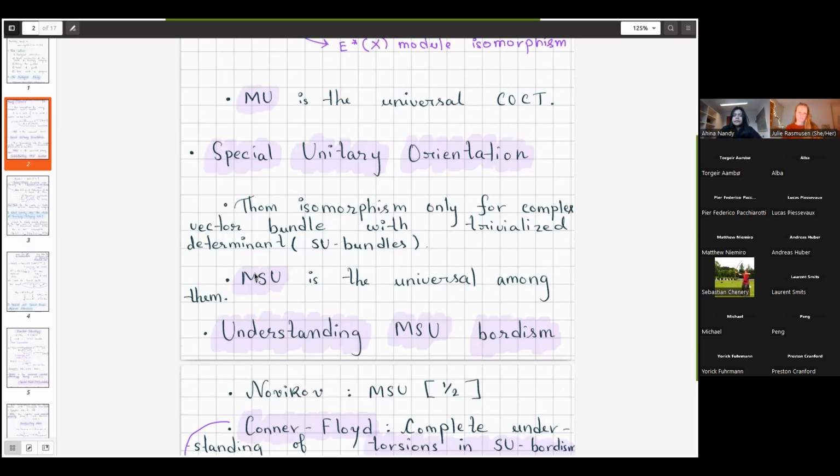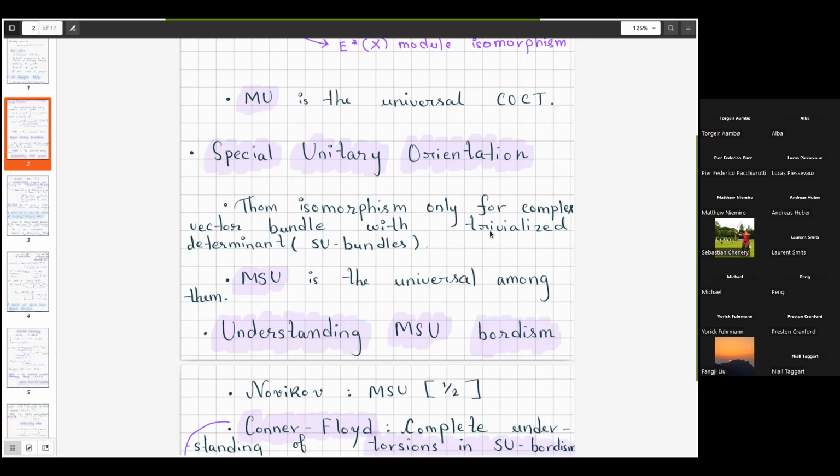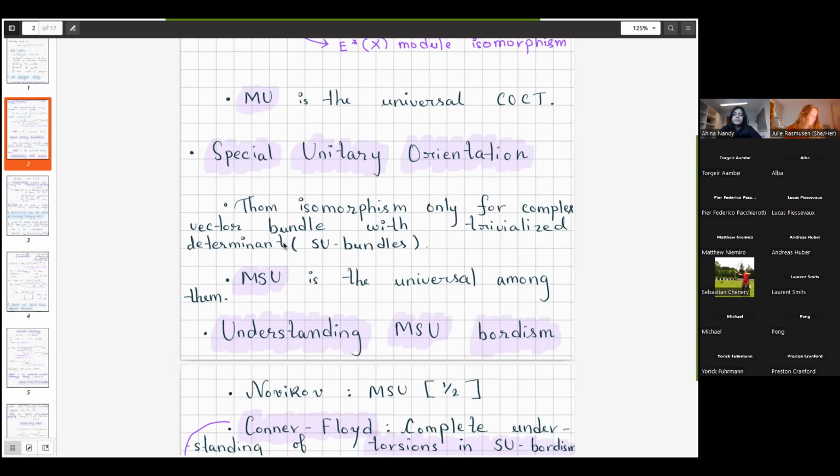Now, you can say that there are a lot of interesting theories which are complex oriented, but it's a little bit too strong. So you might not want to have Thom isomorphism for every vector bundle, but you might want to have this sort of Thom isomorphism for some specific vector bundles with certain properties. And one of such properties is that we want to have this isomorphism for vector bundles whose determinant bundle is trivialized, or isomorphic to the trivial line bundle. In other words, these are special unitary bundles. So among such theories, we have a universal bordism theory, which is MSU, or special unitary bordism. And